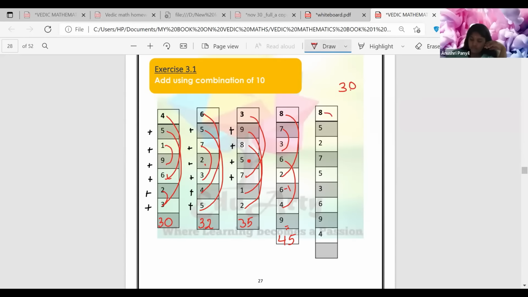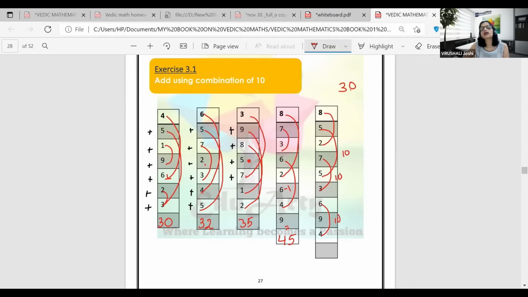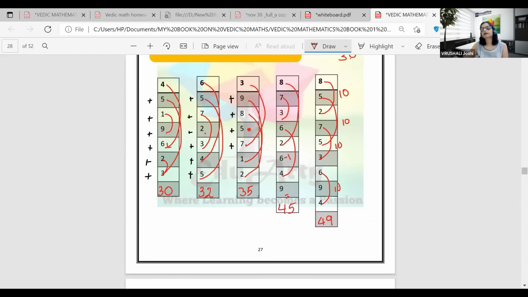Okay. 8 plus 2. Okay, 5. We don't have a match right now. Yeah, we have a match. Sorry. 5 plus 5. 7 plus 3. 6 plus 4. So 40, correct? Because this is 10, this is 10, this is 10, and this is 10. So we have 40 and remaining 9. Answer would be 49. Have we got it? Understood, everybody? Am I wrong anywhere? I hope everybody got it.